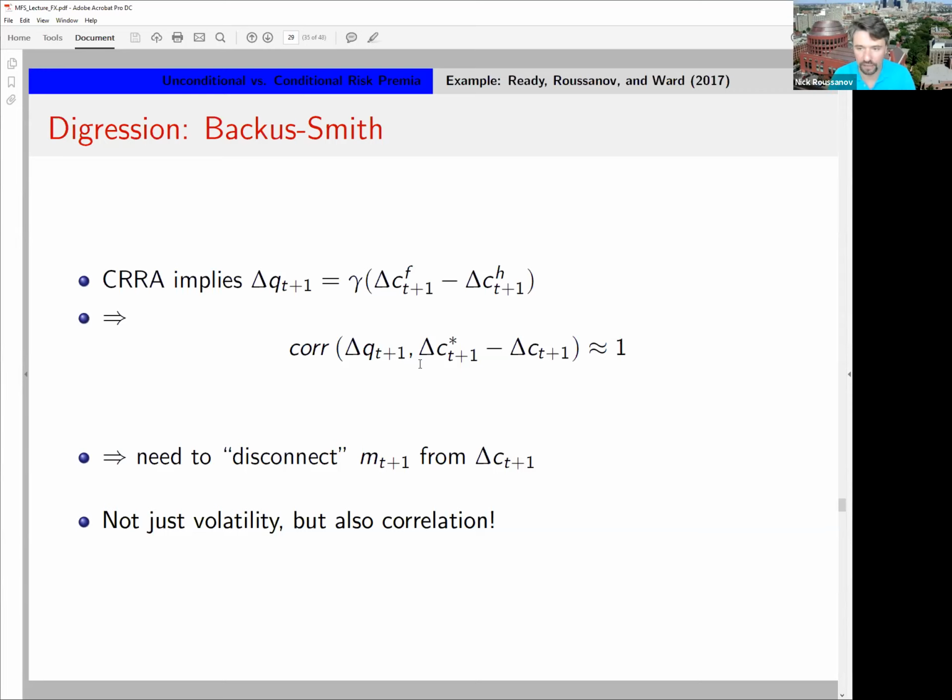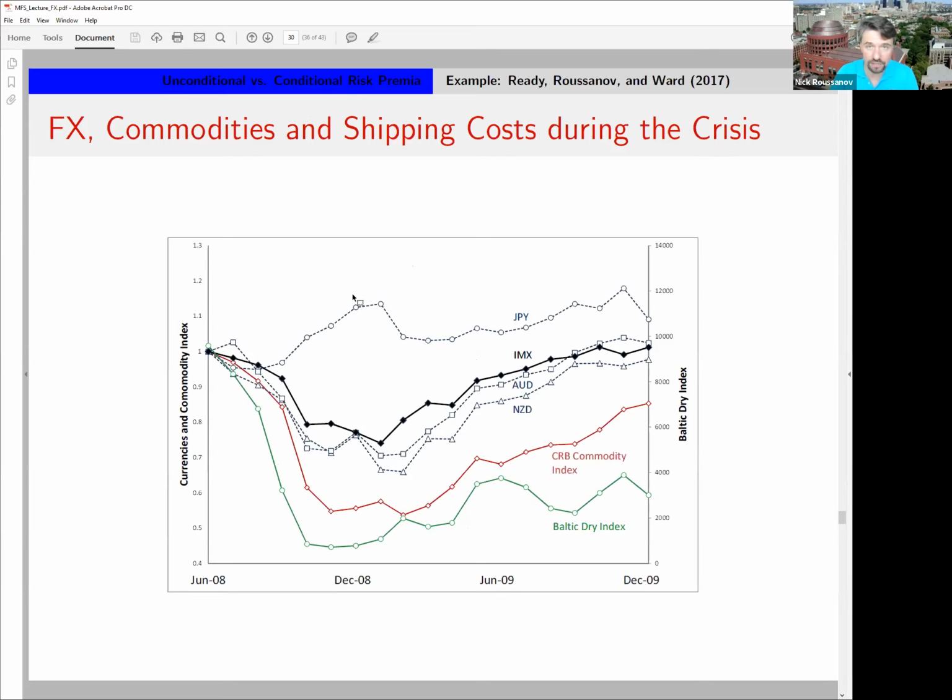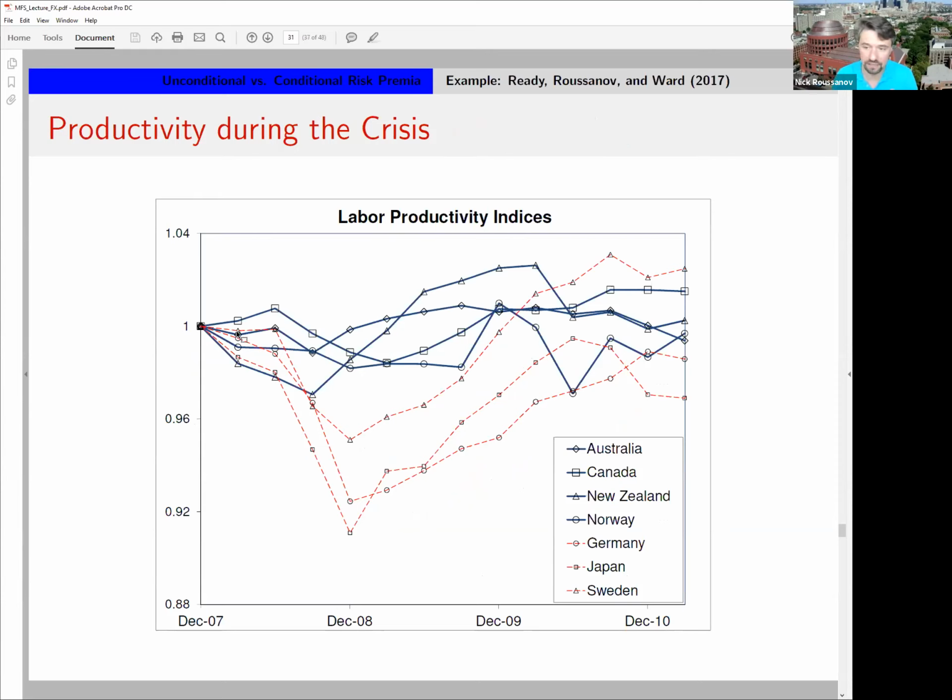Well, interestingly, qualitatively, if you look at these countries that are commodity exporters versus commodity importers, not only did the currencies of commodity exporters fall dramatically in the global financial crisis, and the Japanese yen and Swiss franc appreciated, but also their macro fundamentals dramatically diverged as well. So it's these low interest rate currencies that are, in the sense of our models, riskier countries that suffered bigger declines in both their output or labor productivity.